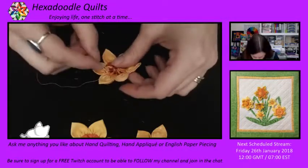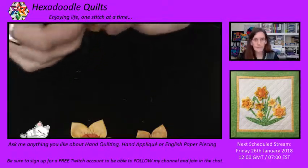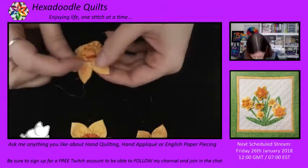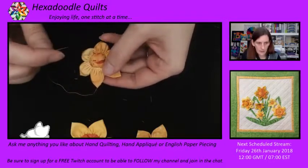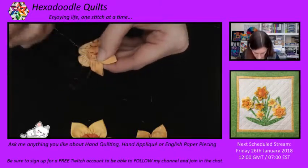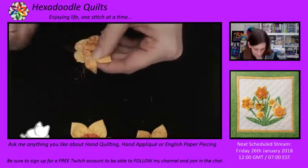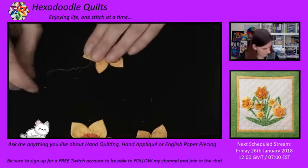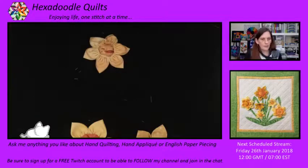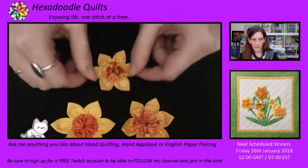There we go, I think that's us all the way around, yay! So I'm just turning it over to the back. The back's not important, we're not going to see that, so I'm just going to stitch through there, secure that thread, and I can trim it off. There we go, so now we've got...